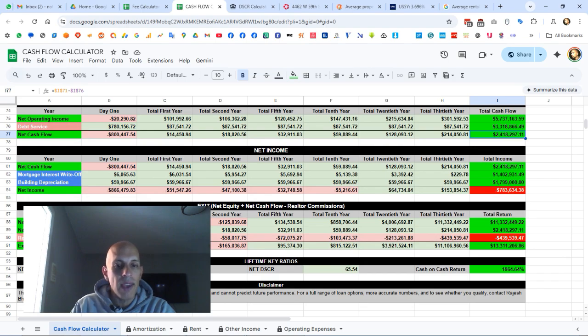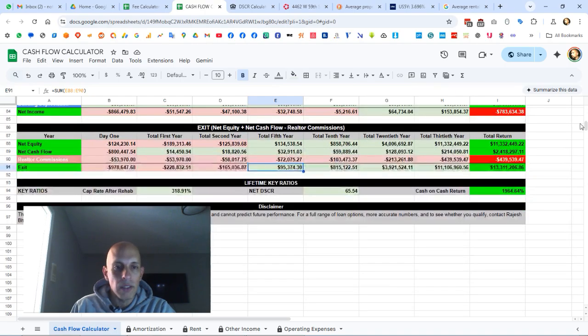In terms of exit, you'd have to wait till your 5th year to sell the building to walk away with the profit here, because as you can see, because of all the money that you put into it along with realtor commissions, when you sell the building, in your first year you'd actually walk away with a loss of $228,000. Your second year you're walking away with a loss of $165,000. Your 5th year you actually walk away with a profit of $95,000. Hardly seems worth it, but when you go back to your 30th year,